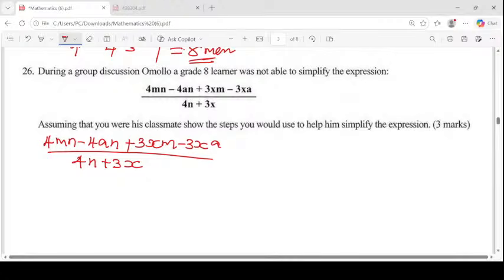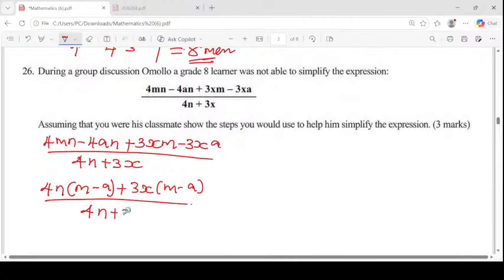For 4mn minus 4an, 4n is common, so I can factor out 4n. I'll be left with m minus a here, then plus 3xm minus 3xa, 3x is common, so 3x into m minus a, now all over